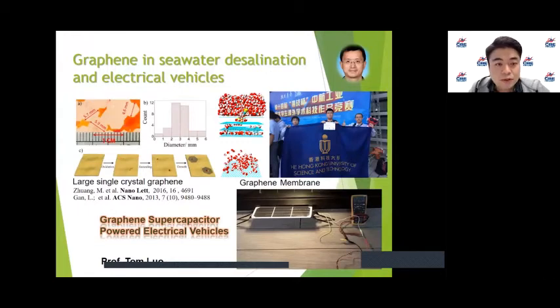And Professor Tom Law is also interested in solving energy and environmental problems with new materials. Some of you may have heard of graphene, right? It is an amazing material with excellent thermal and electrical conductivity. Professor Law is using this graphene to build supercapacitors for charging electric vehicles and construct membranes for seawater desalination. These different applications all require graphene synthesis to be scaled up, and that's where Professor Law's expertise is.